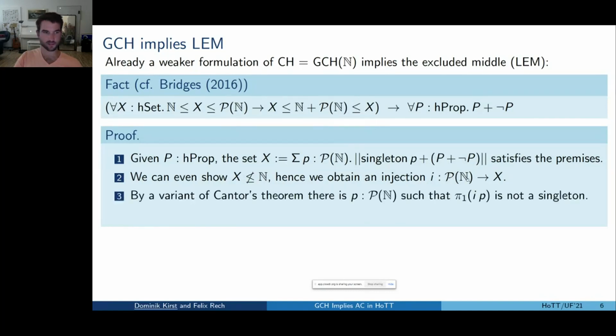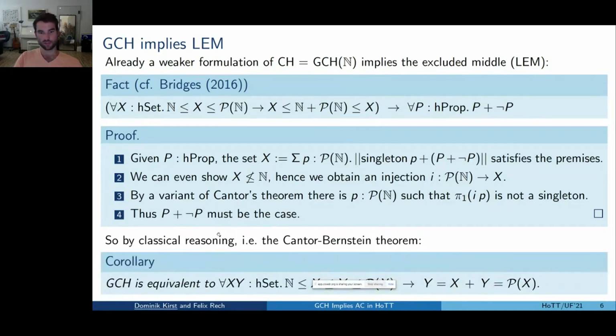natural numbers into X. And here then again, by a variant of Cantor's theorem, we can construct a particular predicate such that its image under the injection is not a singleton. And if we were able to construct an element of X which is not a singleton, immediately by this we get a proof of P or not P. And so we have proven the excluded middle from GCH, and this also means as a corollary, because then the